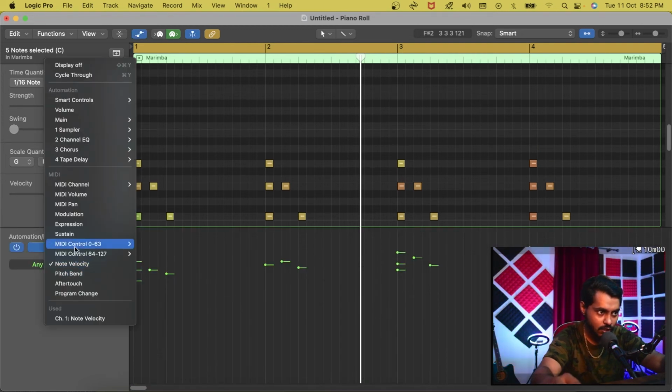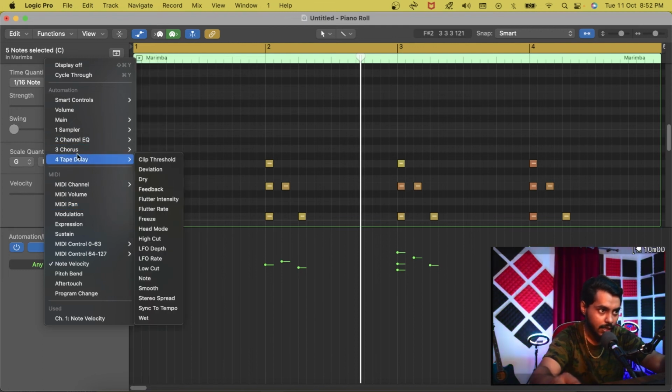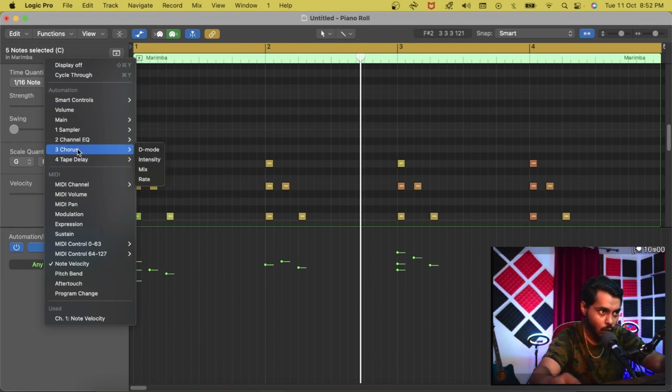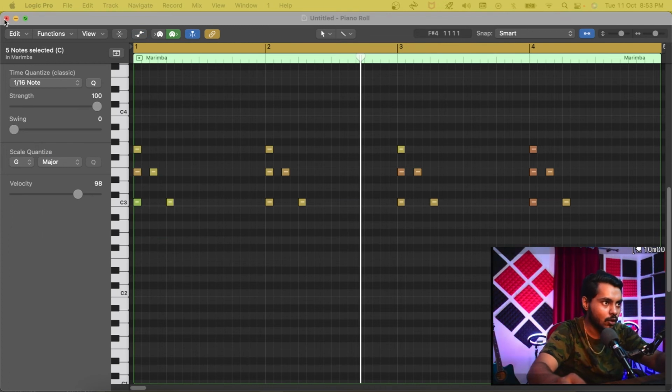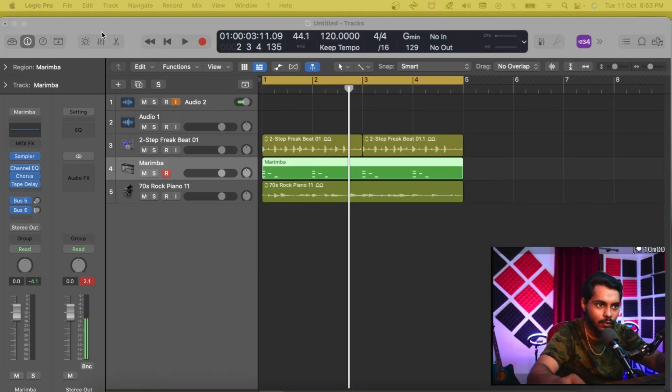We can change a lot of things from here also. You can change our MIDI channel. Basically, you can control a lot of stuff. You can do pitch bend. Basically, we can do MIDI pan. We can pan our MIDI from here, and then add chorus, tape delay, and more stuff like that from over here. We'll close this window now, and what we'll do is,